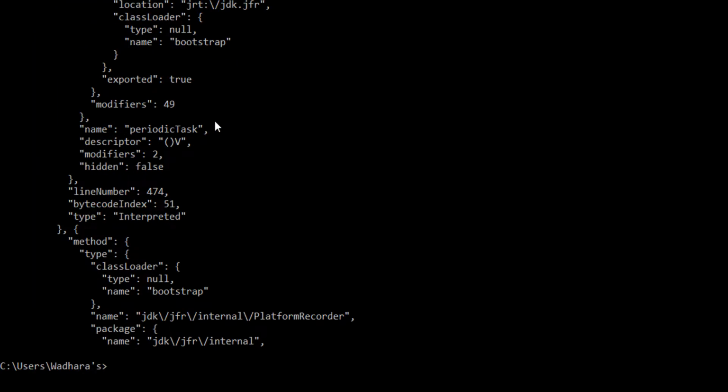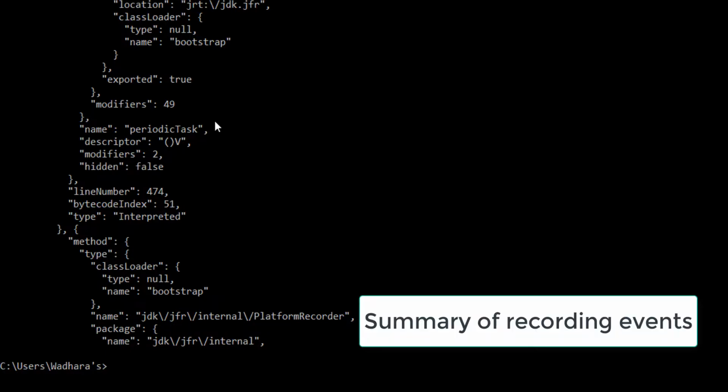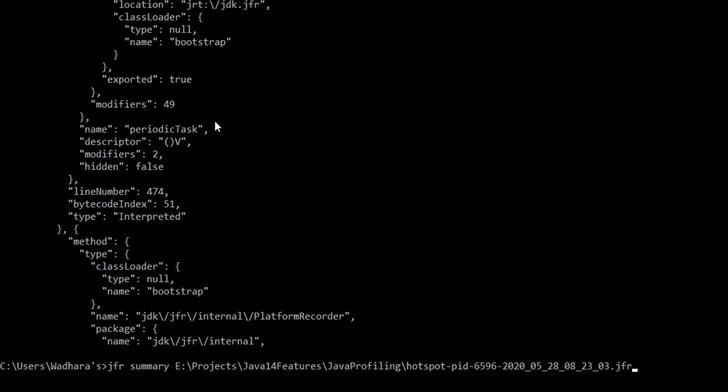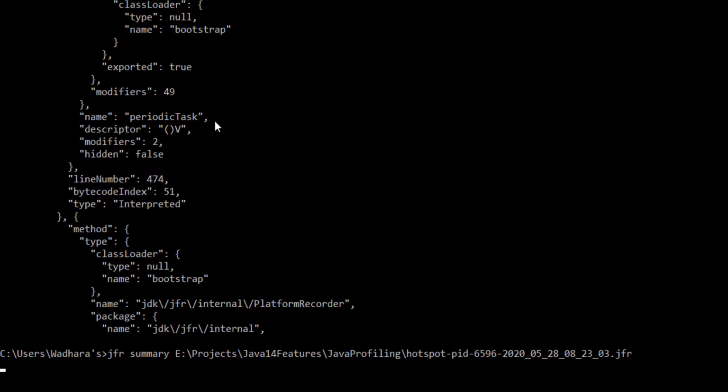Then apart from this, you have another command to display a summary of events. You can print a summary of events that occurred in your application and occurrences for each event. You have to type jfr, then summary, then the path. So this displays the recording start time and for how much time the recording is done, then the list of events.